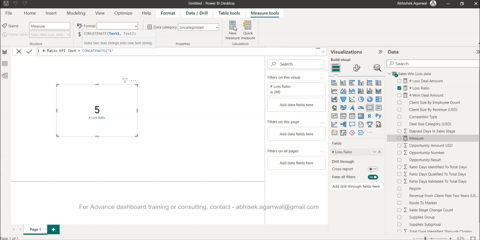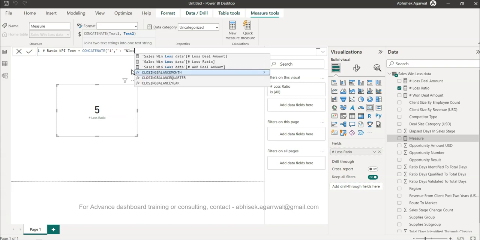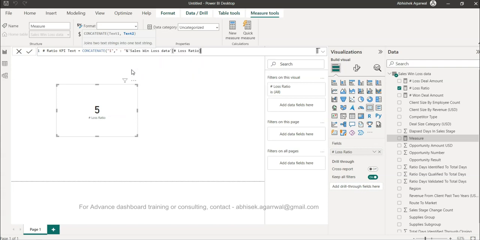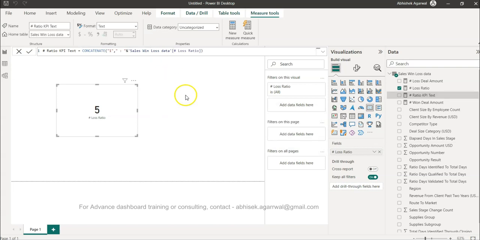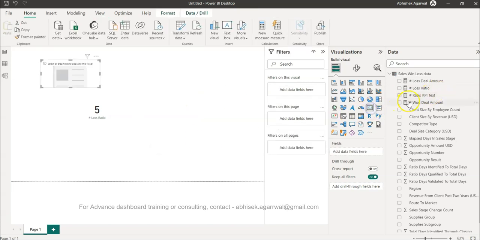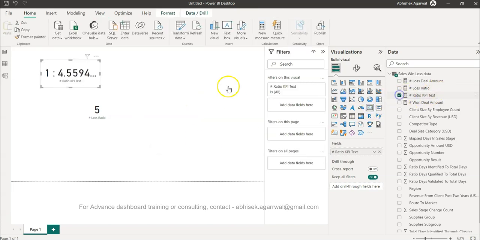So our first value is 1, right? Because this is the first part of the ratio, which is winning, and then in double quotation, colon, and quotation closed, ampersand, and we will say loss ratio, right? And I'll show you what it means. So this is what it will create, another ratio KPI text. If I bring it over here, what it will give us,